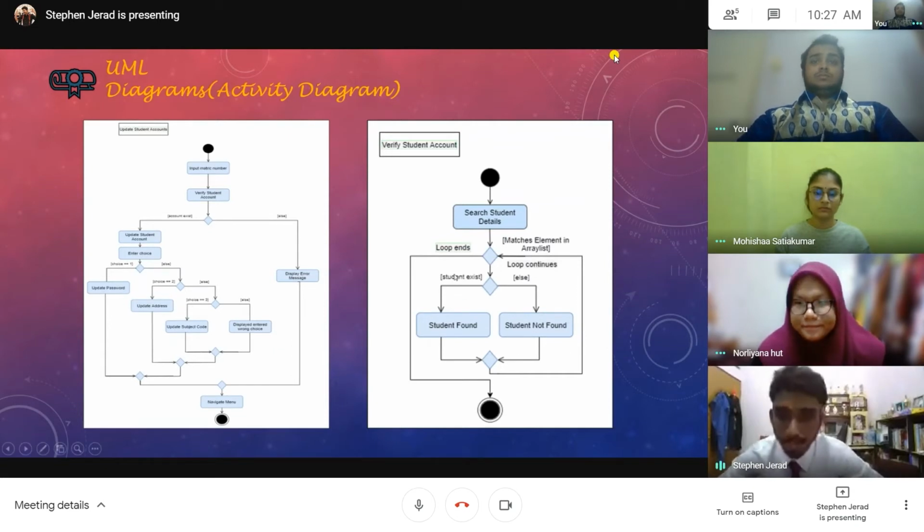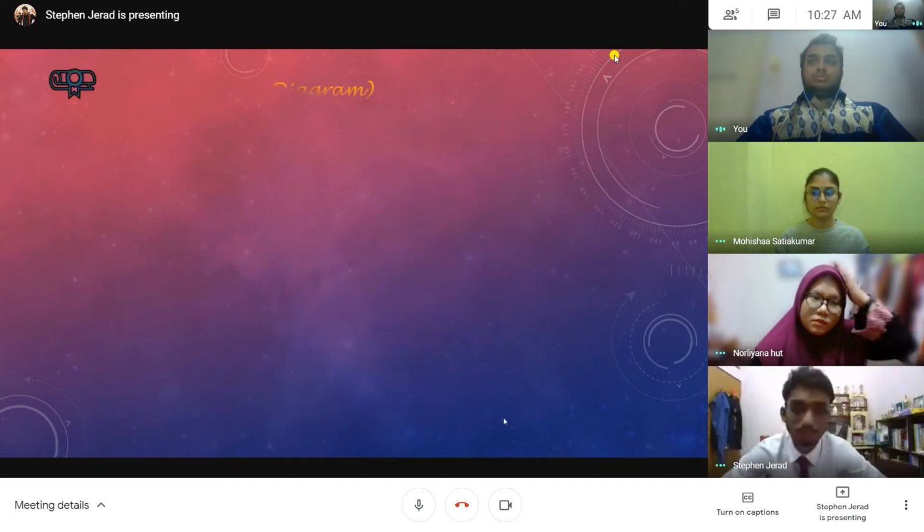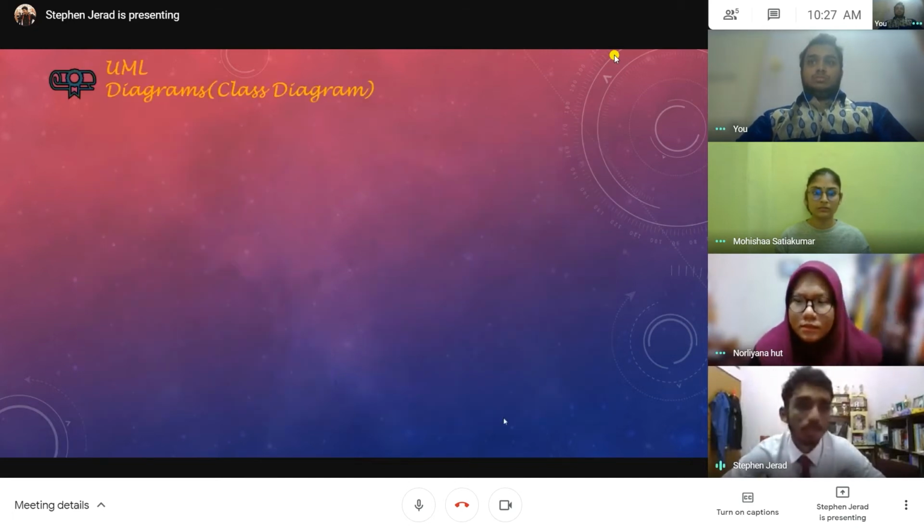So if the student exists, it will show student found. If the student does not exist, it will show student not found, and then it will exit the loop and exit the program. So now we will look at the class diagram.